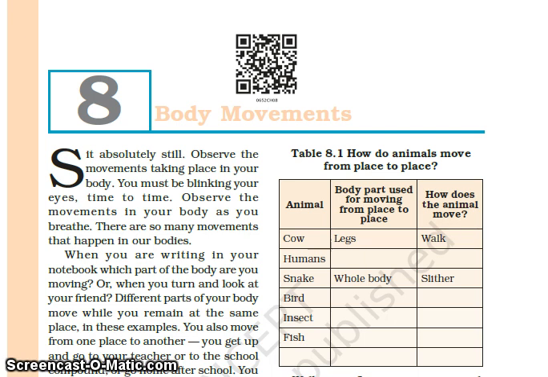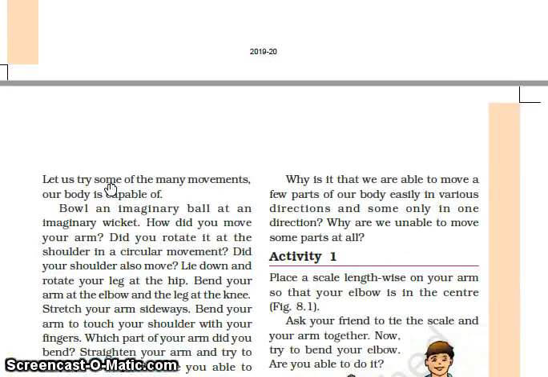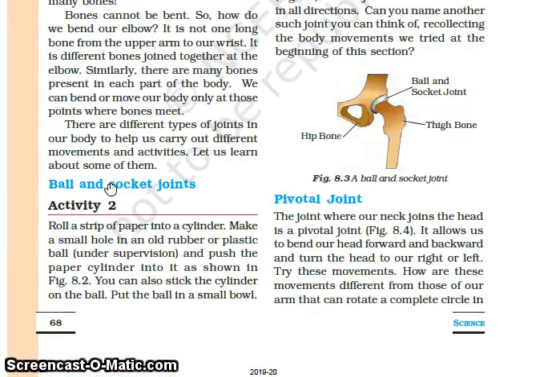Now, we have also studied about the joints. What are the joints? Since we know that we have 206 bones, these bones are joined with each other. The places where two bones meet are called joints, and we can move our body only from the joints. Now, let us start with the different types of joints. So the first type of joint is the ball and socket joint.